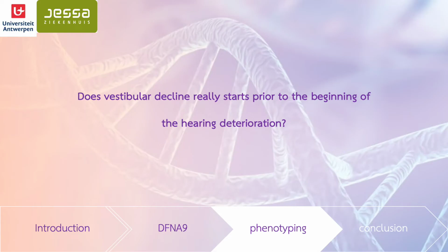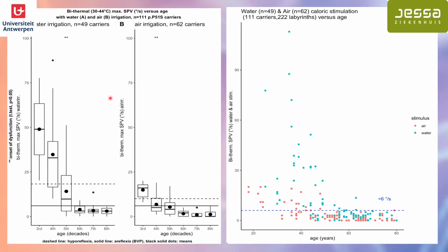The question remains, does vestibular decline really start prior to the beginning of the hearing deterioration? And if it does, is it really by 9 years? So here is the decline of the caloric function using the VNG test. On the left side you see the box and whisker plots, on the right side you see the scatter plots, and